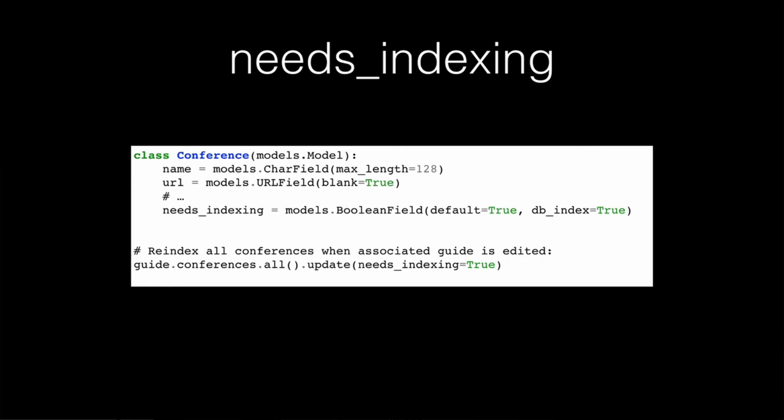And the way we ended up doing it is we have a Boolean flag in our Lanyrd model, so a column in the database called needs indexing, and it's a Boolean field, and it's got an index on it. And the idea is anytime you save a change to a model, it automatically flips that to true. And then there's a cron job which runs every few seconds, which grabs everything from that index table that needs indexing, pulls that from the database, reindexes it, pushes into Lanyrd, actually running on Solr at the moment. It's not upgraded to Elasticsearch yet, but it pulls everything, indexes it, and then writes that field flag